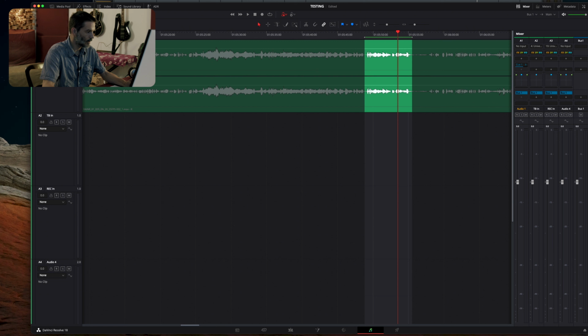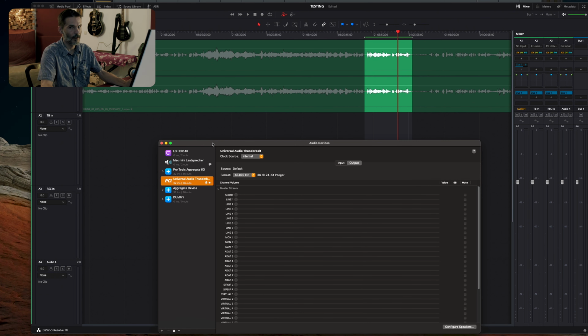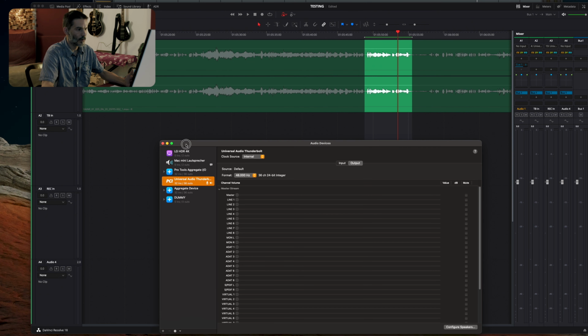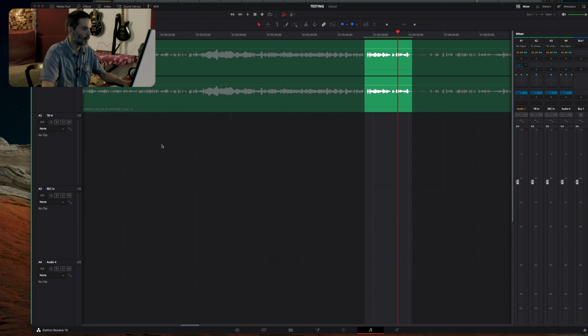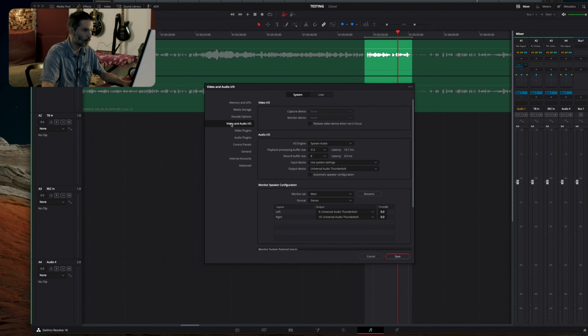The first thing is, let's have a look at the audio MIDI setup. And we kind of want to try to remember, we have 1, 2, 3, 4, 5, 6 devices here. And we just leave it at this. The Universal Thunderbolt is set as my in and output device. And we also take a look at DaVinci's preferences. And under video and audio I/O,